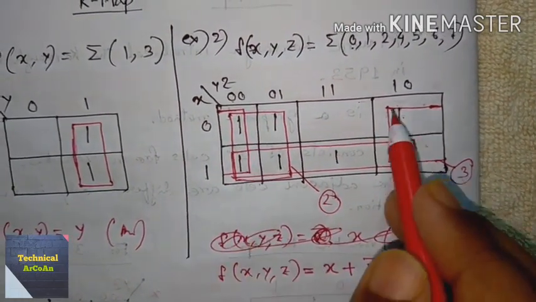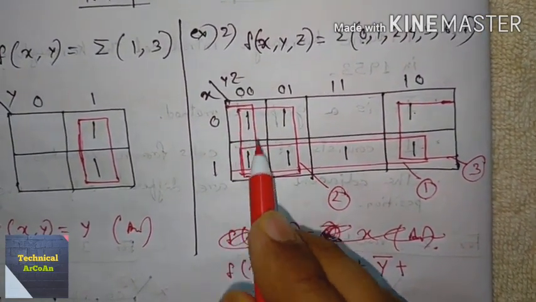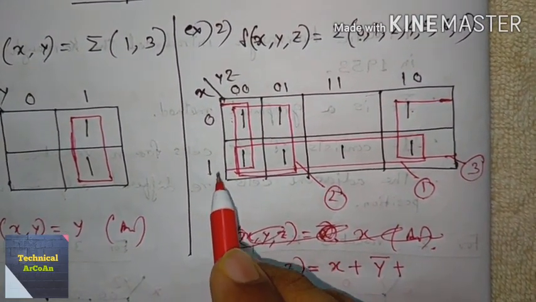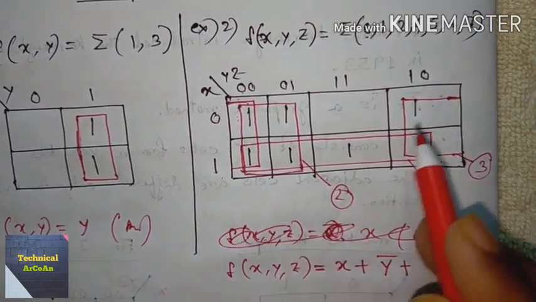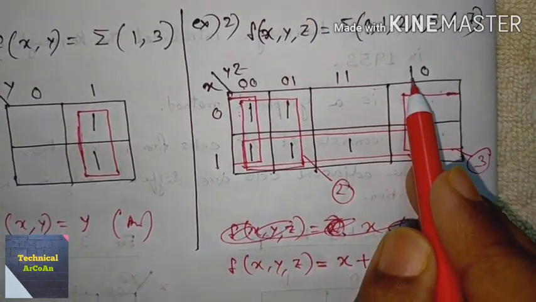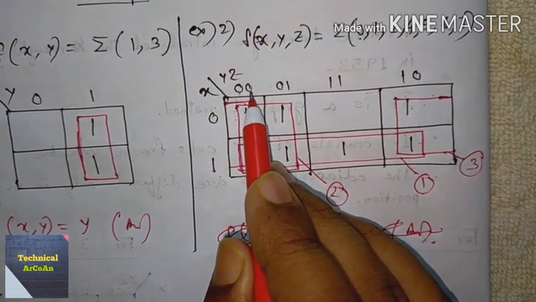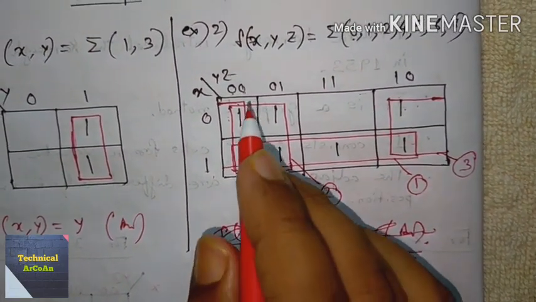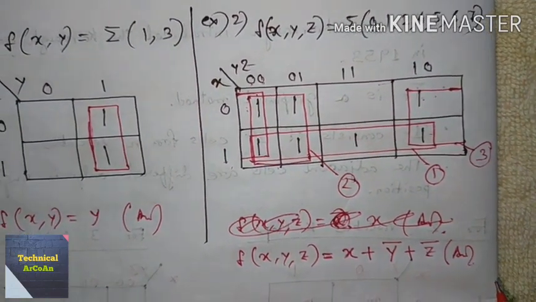At the last box where we form this, in the same manner x is changed from 0 to 1. If this box is there, this 2 row is concerned, the x will be changed 0 to 1, but for the yz we take only this column and this column, because this box is from 0 0 column with 1 0 column. So y value changes from 0 to 1, so don't take y, but we take the z because z value is not changed, the bit of the z is not changed from 0 to 0. And we take z complement. Why? Because z value is 0. So after simplification it will be the result.